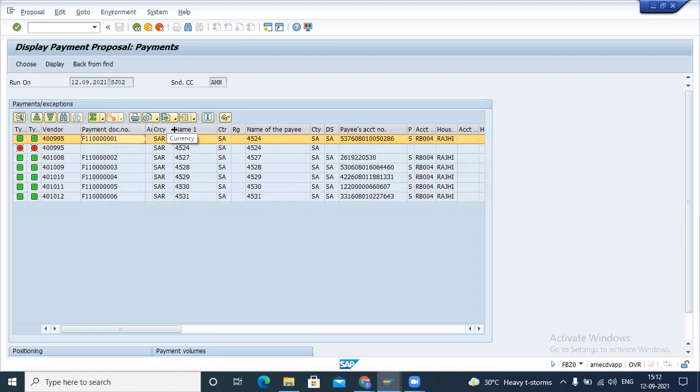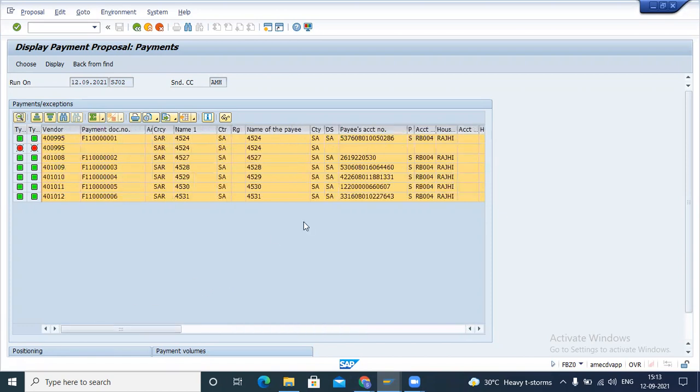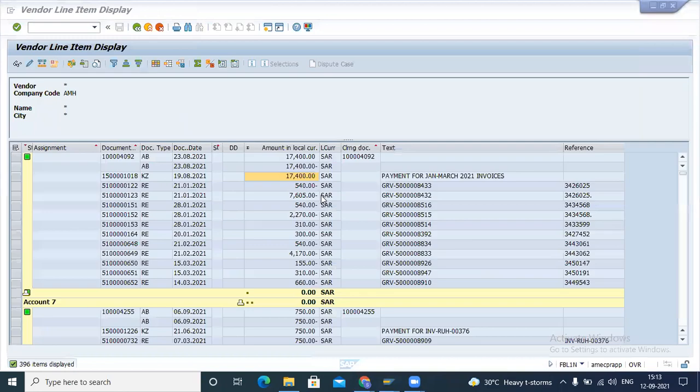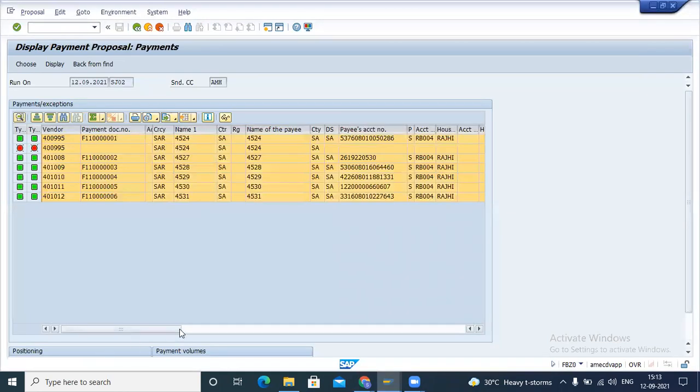So you can download from here. How are you printing currently from F-02? Can you show me how you are printing? Do we have any program for printing the voucher?